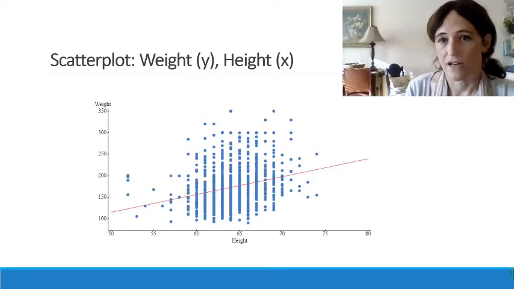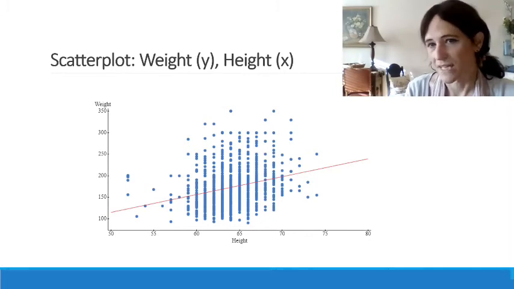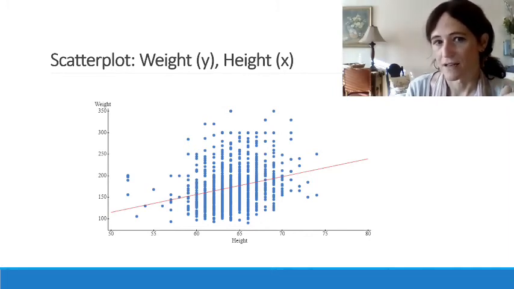What we have here is height plotted against weight. In the context of linear regression, it's really important that we specify weight as our dependent variable and height as our independent variable. The reason we would do that is, in this case, biological and logical. We can't really think of height being a function of weight,